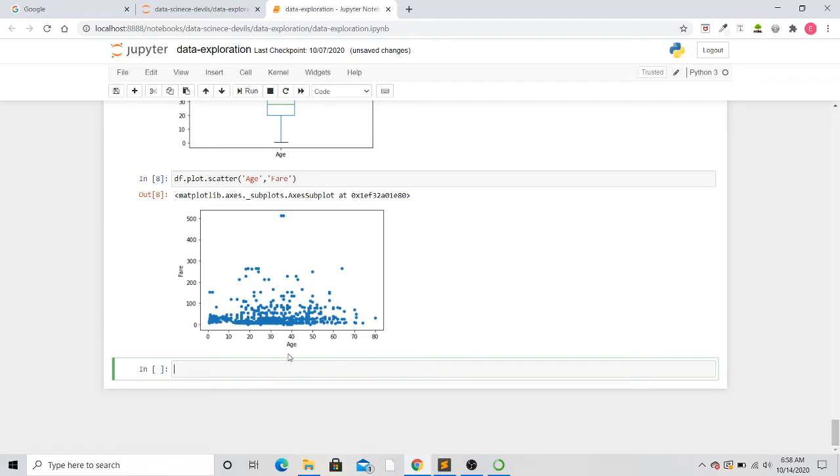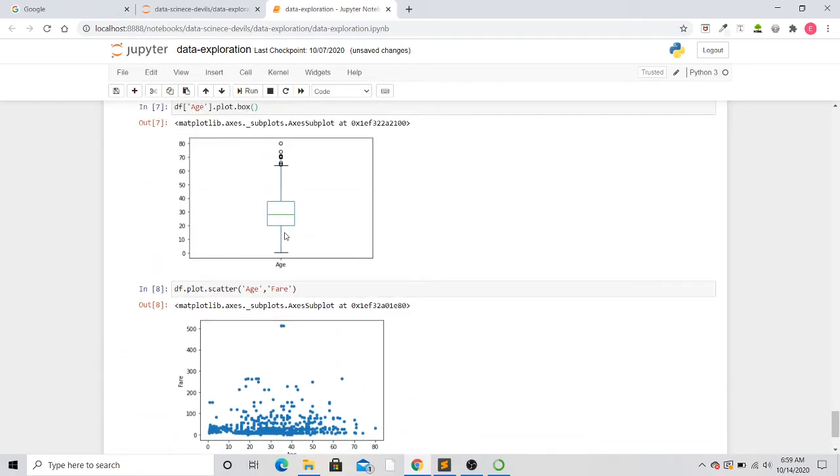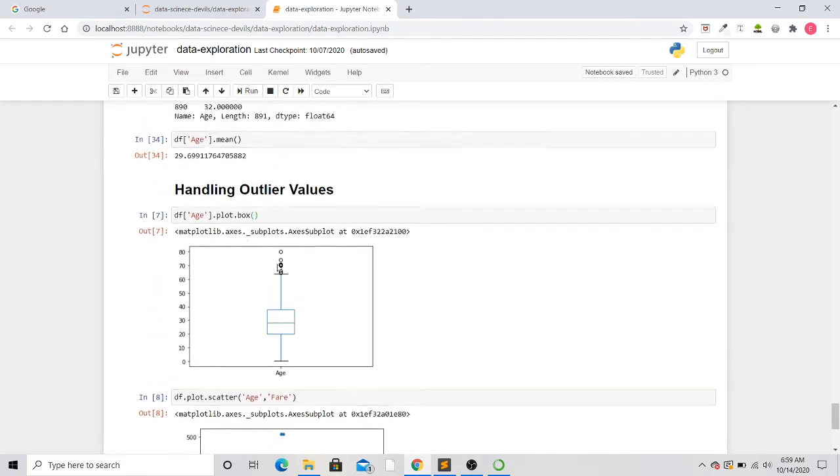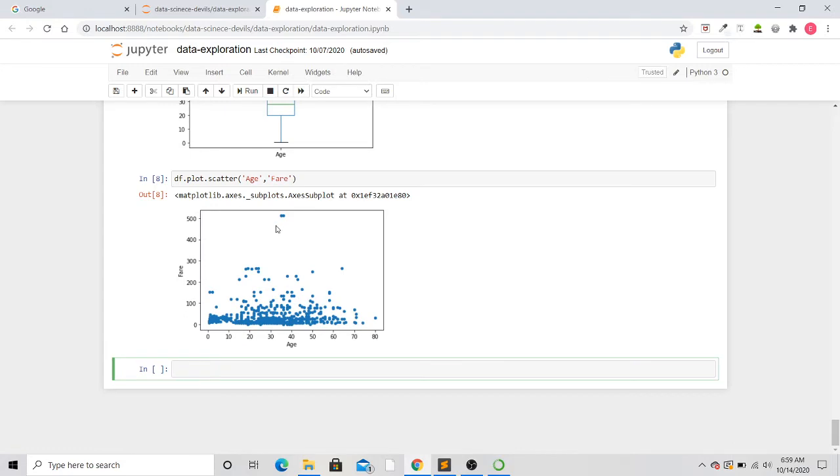Now what do you mean by scatter plot? Each individual point inside my scatter plot is the age and fare entry of one individual person. As I can see, the majority of my data is distributed here, but these points are my outliers. So for the age column, these are my outliers, and for the age and fare columns taken simultaneously, these are my outliers.